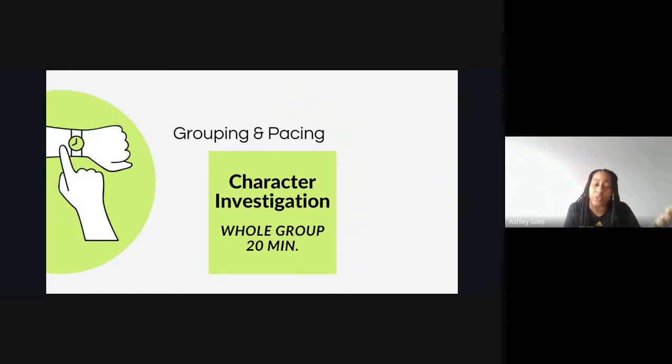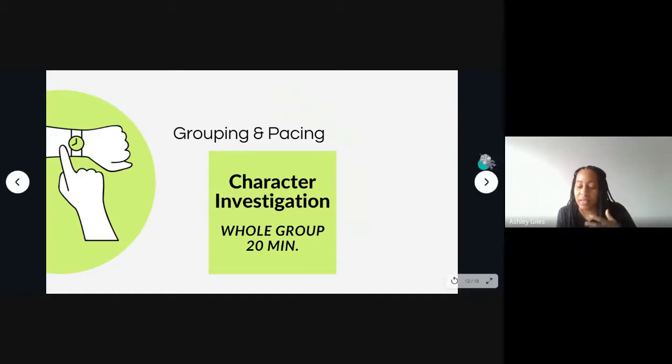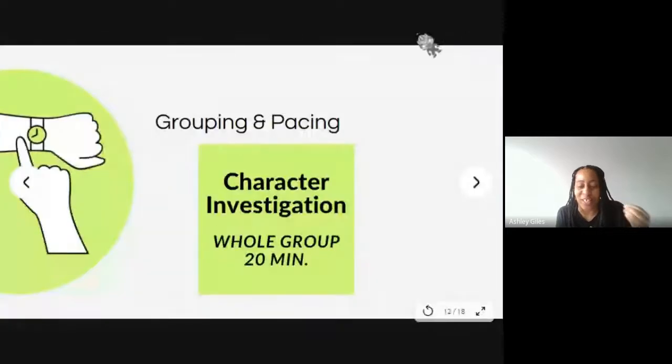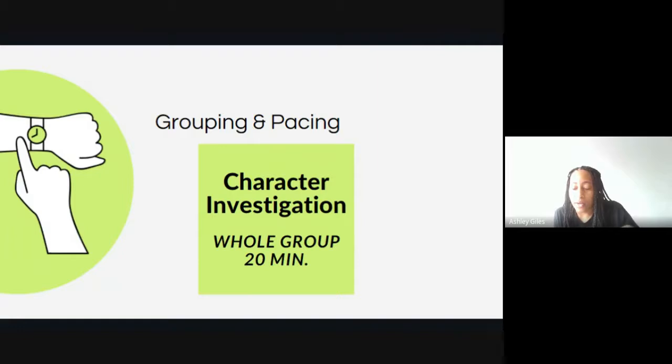They can go back to their Writer's Journal 3.1 to gather some evidence, especially that scene with the nun, right? As to why, and they really need to give some evidence as to what is the most likely reason for Esperanza's aspirations. And so we want our students to say that she wants other people to think positively about her and treat her better than what the nun suggests.